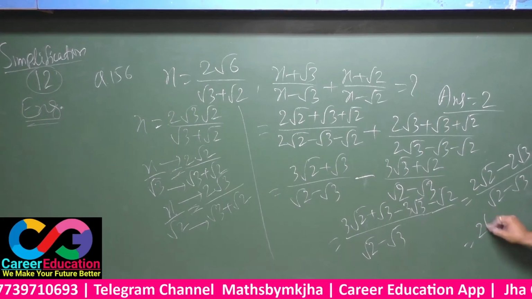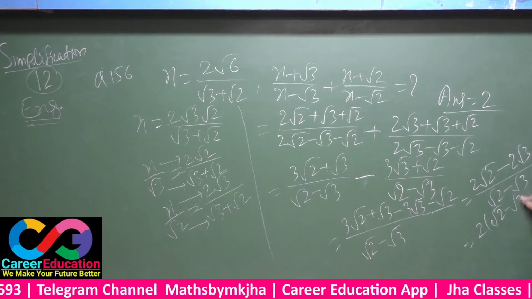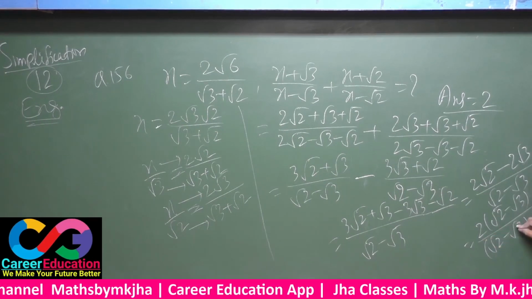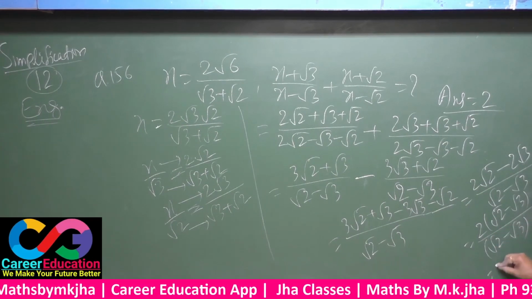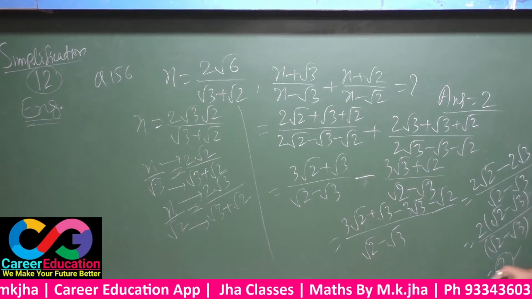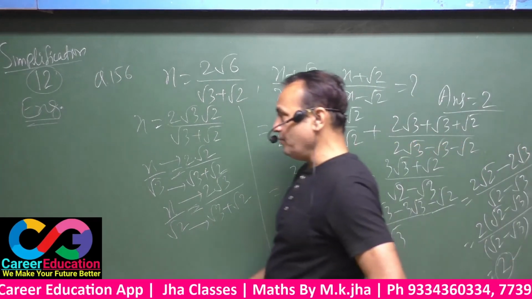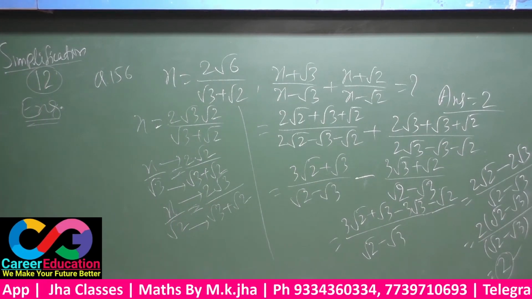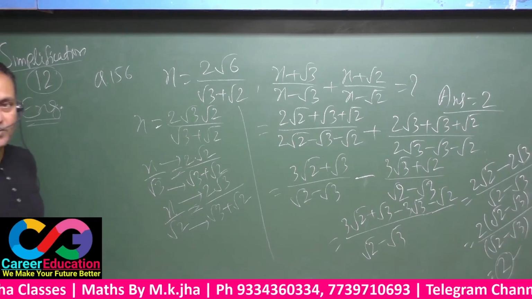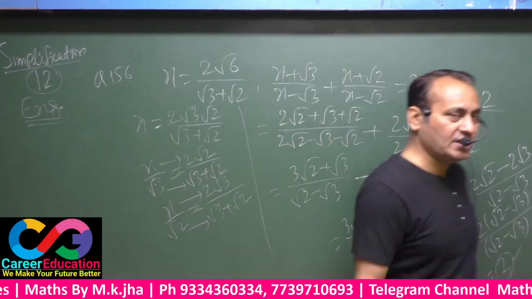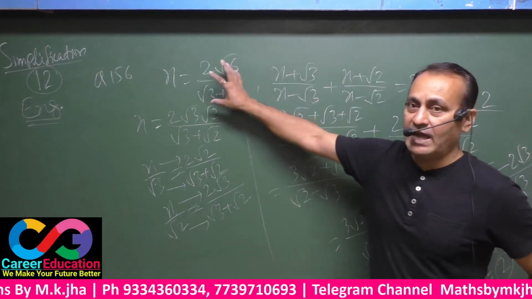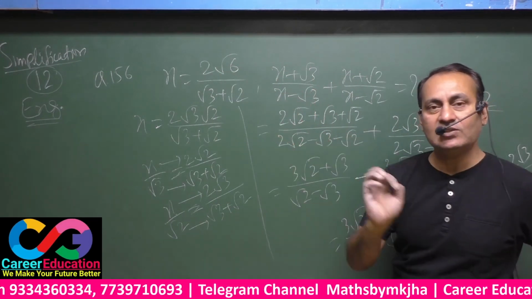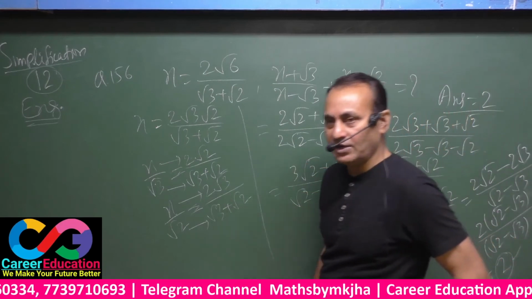If you take 2 as common, this is root 2 minus root 3 in bracket, and this is root 2 minus root 3 in bracket. Certainly this will be cancelled and you get the answer 2. Be noted, this is the complete explanation for such type of situations, but there is no need for such methods in the examination hall. You have to think about the situation. If x equals this, and this pattern has been asked, certainly the answer will be 2. Without solving you will write 2 there.